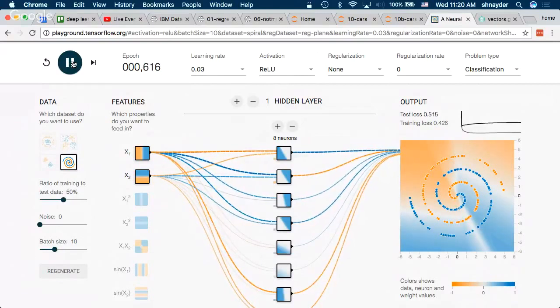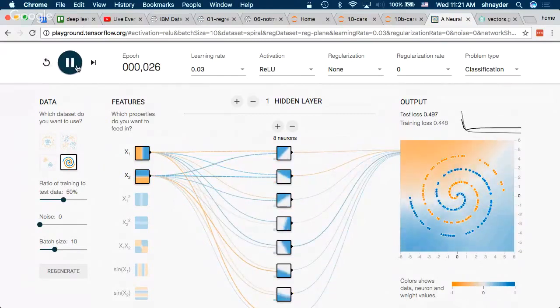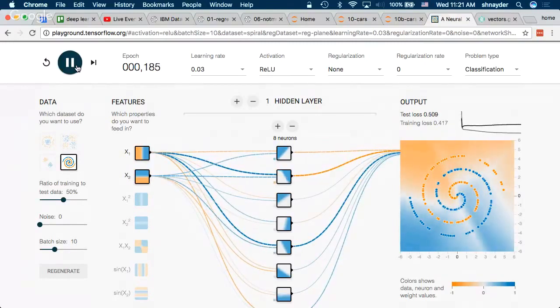This might be a good time to tell you there's a theorem that one layer is actually enough for any continuous function if it's big enough. Unfortunately, I'm not sure that 8 is actually going to be enough for this particular problem. Let's restart and see if a different initialization value will help us. I think we got slightly lower, but our test loss is still bad, right? It's overfitting to a particular pattern over training data. So, doesn't really work. How about, well, what else could we do?